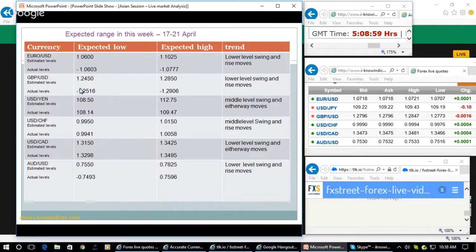Now in the case of GBP, they came down to 1.2516 and went up to 1.29, and then they are holding around 1.28, and they could come down a little bit or make another 50, 75 pips quick downward move before making a further rise. Then in the case of yen, as I told you, when euro and GBP are gaining, they will also gain in the case of USD. So USD came down to 108.14 and started going up. 109.47 they went up, and slowly they will gain the level after the brief downward stop.